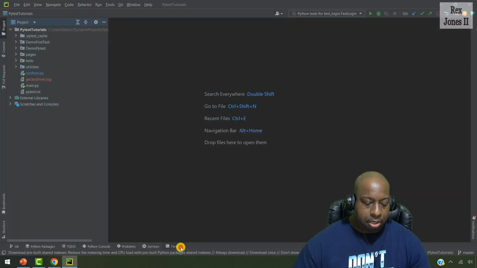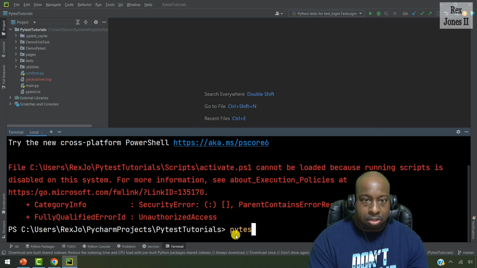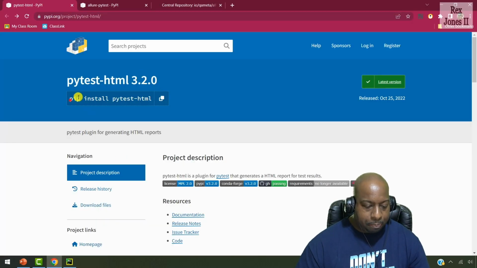In the terminal, we can paste the command, but I did not copy the command. So let me write pip install pytest-html. I believe that's the command. Let me go back and just make sure. Yes, pip install